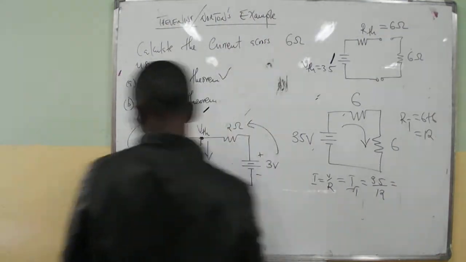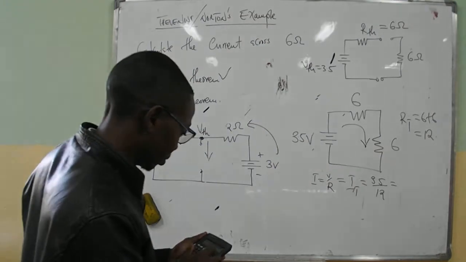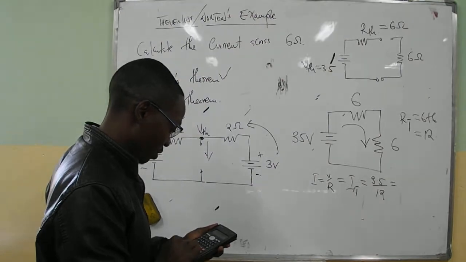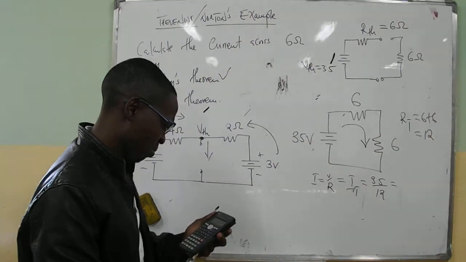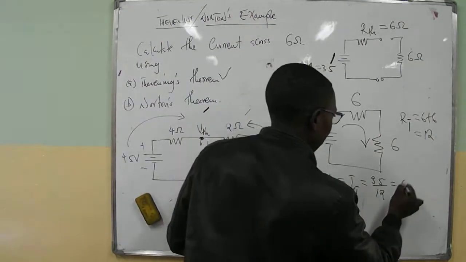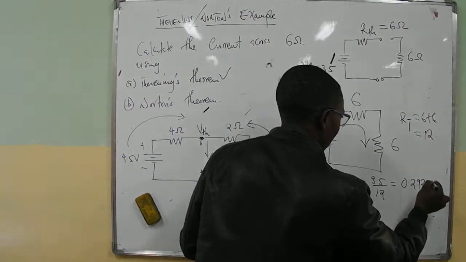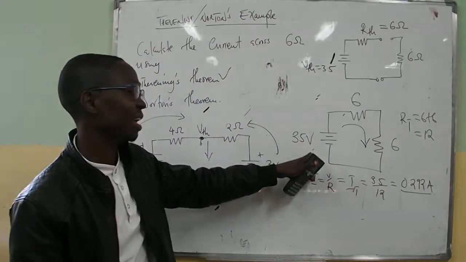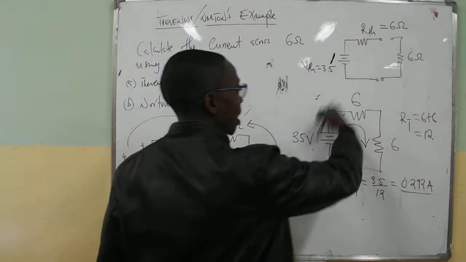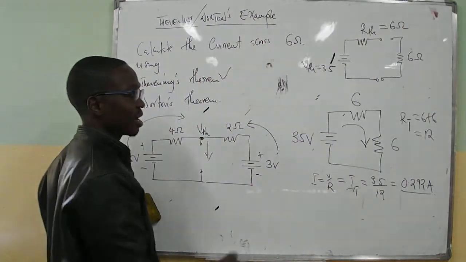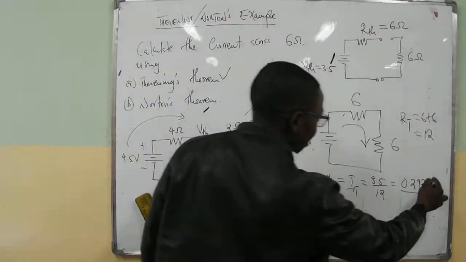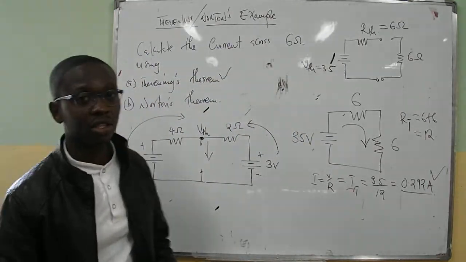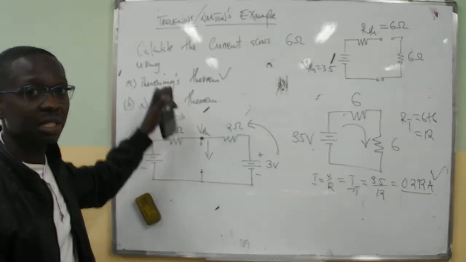Okay, this will produce a total current of 3.5 divided by 12. It will give us 0.292 amps. That is the total current which is produced from the supply. And that total current is the same current which will pass through the 6 ohm resistor. Therefore, the current passing through the 6 ohm resistor is this same one, 0.292 amps. Okay, so we've solved this question using the Thevenin's theorem. In the next